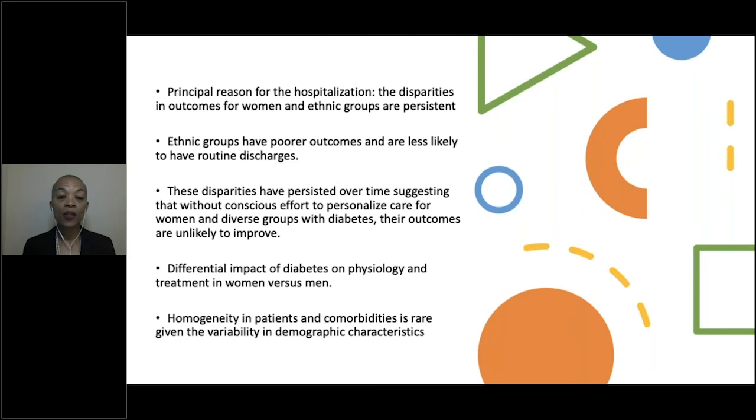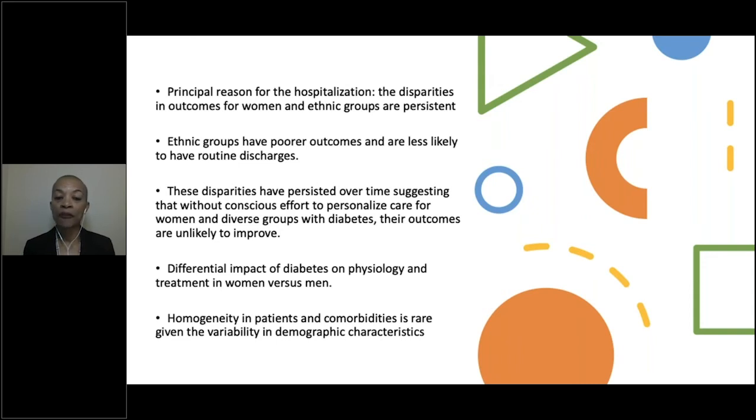We needed to ask questions around the comorbidities and the coding of ICD codes that were in the data. We learned that for a principal reason for hospitalization, disparities in outcome for women and ethnic groups were persistent. We learned that ethnic groups have poor outcomes and are less likely to have routine discharges from the hospital. We learned that these disparities have persisted over the time horizon for the data sets that we had, suggesting that